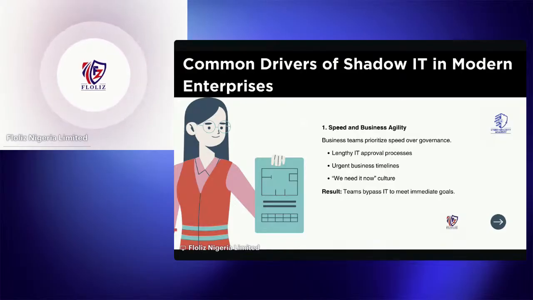So let's say, for example, you have a corporate environment that makes use of Teams and not Zoom, and there's an urgent meeting, but the admin is not within the business premises, and a team member says, "Can we just go for Zoom, a free 40 minutes account to do this?" And you have your discussions on Zoom, and Zoom is not approved by your board, that could pose a shadow IT risk.